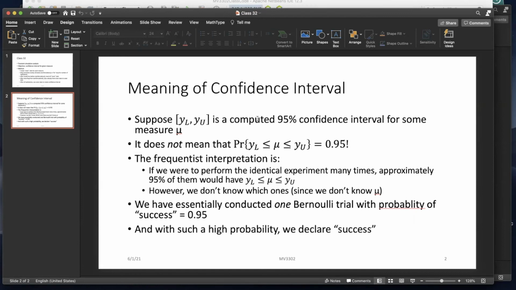But it's important to understand that the computed confidence interval is not the probability. So if I have a 95% confidence interval, it doesn't mean that the probability of my true mean being between those values is 0.95. That is, having confidence is not the same as probability. And the best way I've found to understand what this is about is,